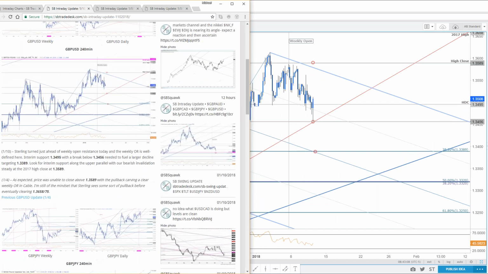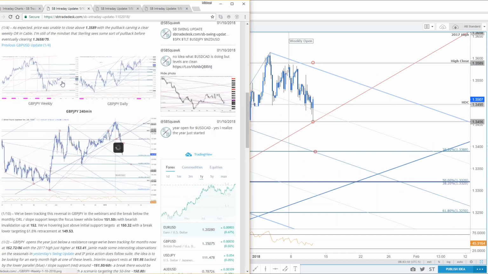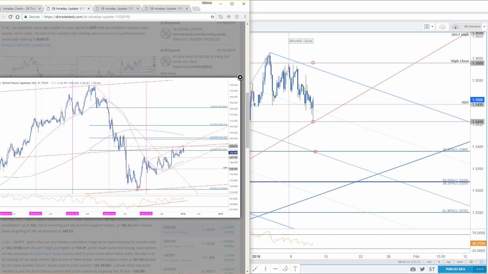Next up on tap, pound yen. Another one that was a very impressive reversal that we saw this week. You're seeing a little bit of a support bounce today again, but the breakdown was pretty big. It took us back below that 38.2 long-term retracement, former swing pivot lows from back in 2016. The weekly chart just looked heavy. We've been marking divergence all throughout this advance, and it leaves the risk for a pullback.